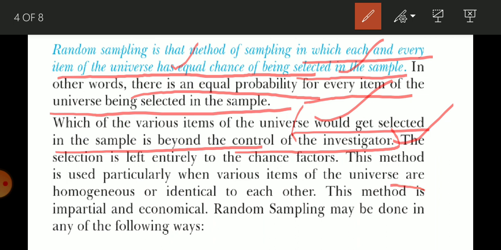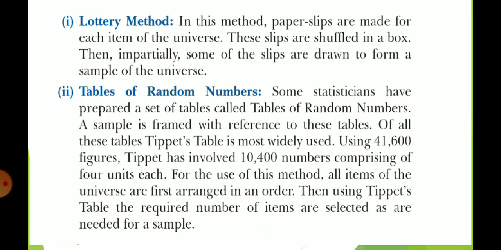So there are two methods for random sampling. First is the lottery method and second is tables of random numbers. The lottery method is a very easy method. When we play the game chor sipahi, we use this method. Suppose there is a selection for Children's Day, a game conducted on a stage. When children are called, to decide how many are going to be participants, there is use of the lottery system, or in sports day, or in Teachers' Day. So everyone is familiar with the lottery system.